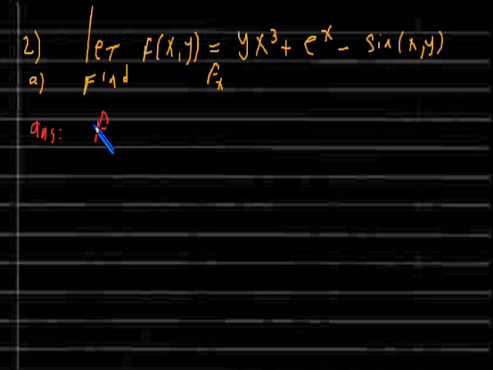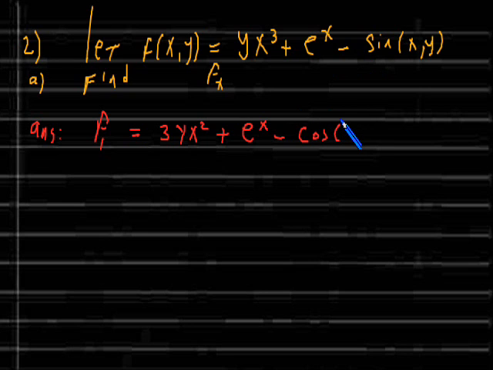well, the partial of f in respect to x, so f sub 1 or f sub x, means the same thing, the partial of f in respect to x, the same story. So in respect to x, I'm finding the partial of this. So it's going to be 3y x squared, then plus the derivative of e to the x, well, that's just e to the x times the derivative of x, which is 1. So e to the x